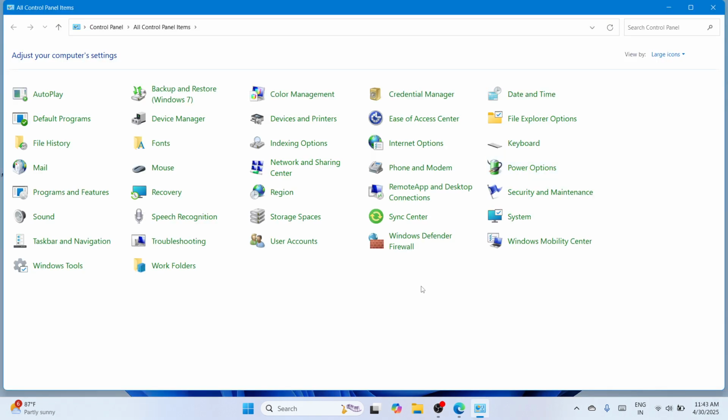So here, if your window doesn't look like this, simply proceed to the upper right side of that. You can see the View by. Please click on this down arrow key and go with large icons. Once you've set it, please navigate to locating Region. So in my case, it is placed here at the third row, aligning next to Network and Sharing